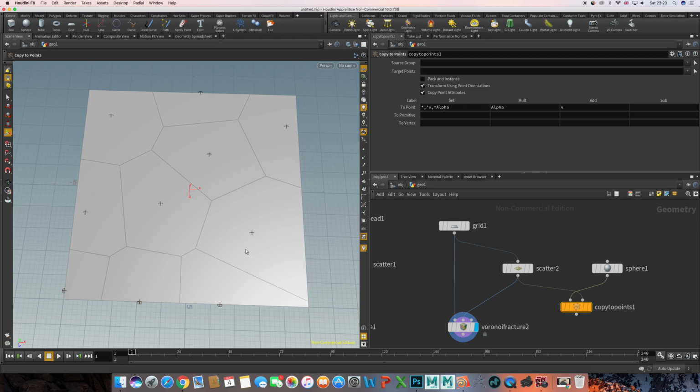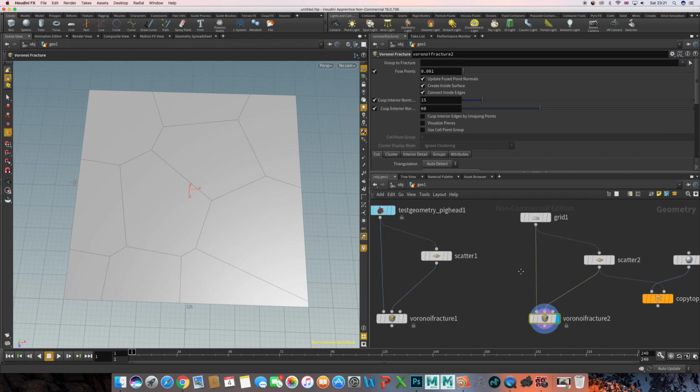What it's actually trying to do is give as much area to that fractured piece as possible until it meets the 50% way between the next point. And wherever that 50% actually lies becomes this seam here, and then when it finds another point, again 50% between here and here will become the seam. So that's the easiest way to actually visualize what voronoi fracture is doing. So let's jump back to our main object, which is over here,